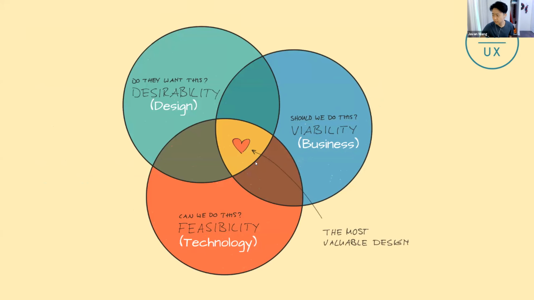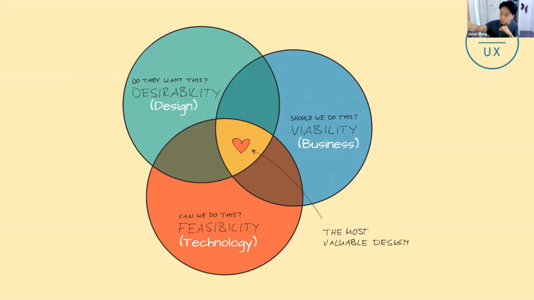So I'm just gonna jump onto this concentric circle a little bit. As you gain more design knowledge and design education, you're gonna see this pop up time and time again, but this is the core tenet of user-centered design specifically. What that entails is whenever you're creating a design, you're thinking about things from 3 different perspectives, wearing 3 different hats. Do my users actually want this? So is it desirable? That's a design hat.